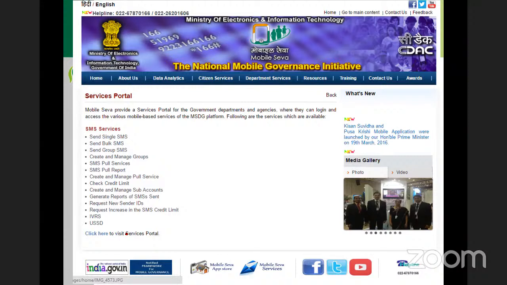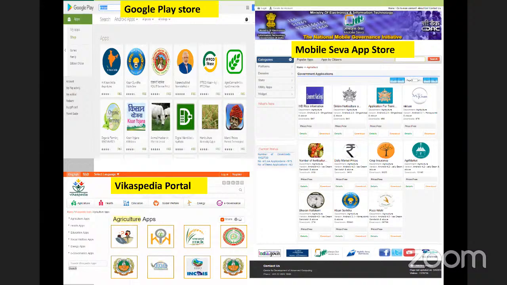If you go to the Google Play Store, you see n number of apps there. You see organic farming, Kisan Yojana, and for animal husbandry, livestock, and Agro Connect. You see n number of Wikipedia portals, agriculture apps, ICAR, like that. You can see the mobile app stores. There, we can use the Play Store. The Wikipedia portal we can download.